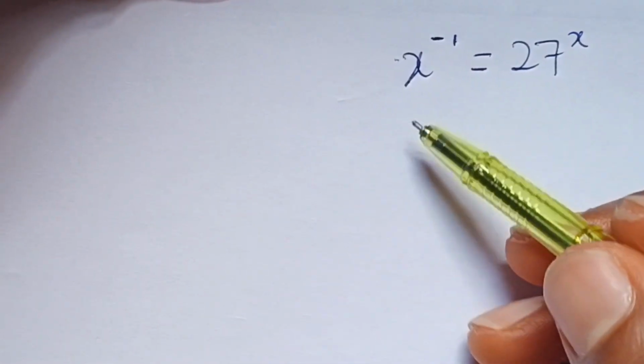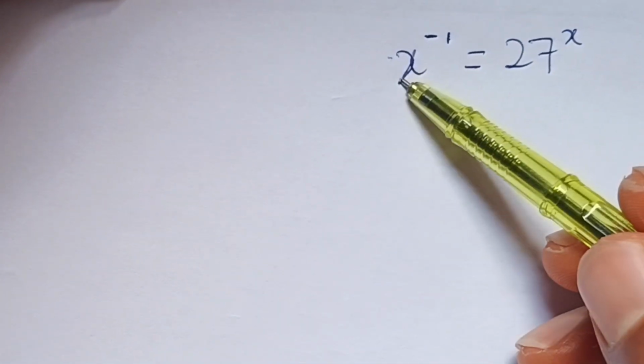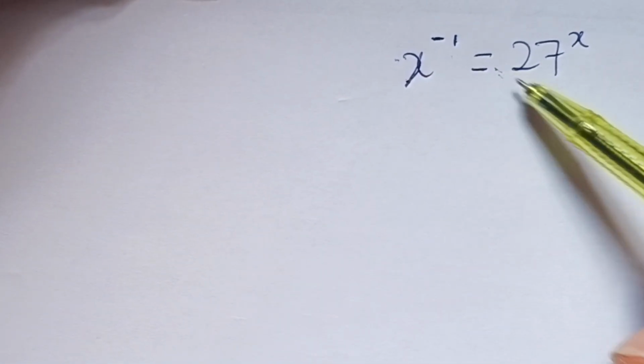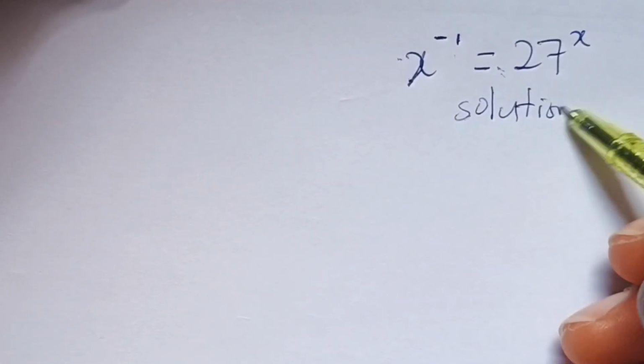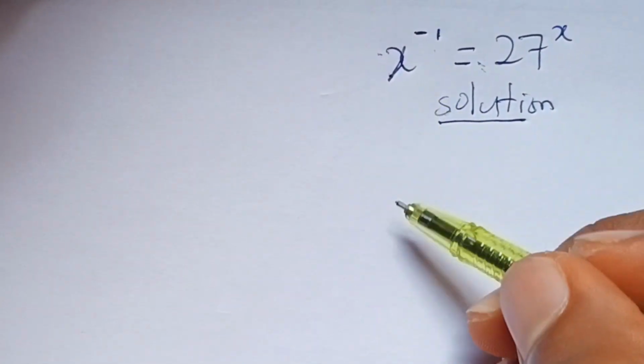Let's solve this Olympiad equation together. It says x raised to power minus 1 is equal to 27 raised to power x. Let's solve this together. Now, to be able to solve this question, the first thing to do is that we